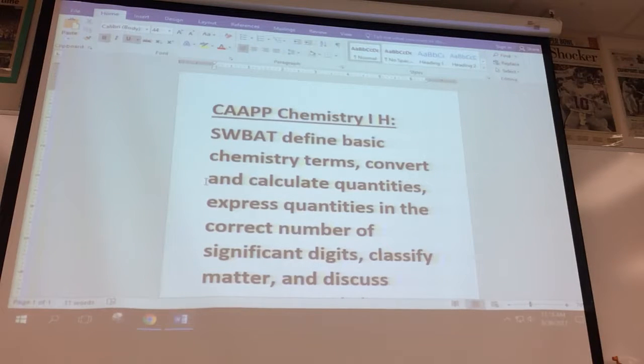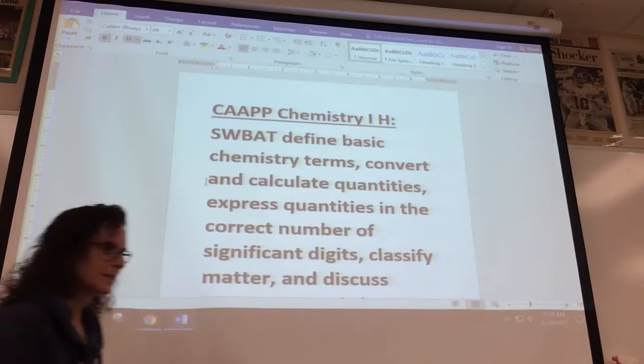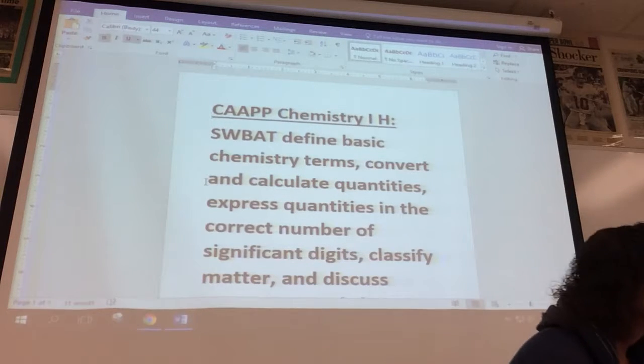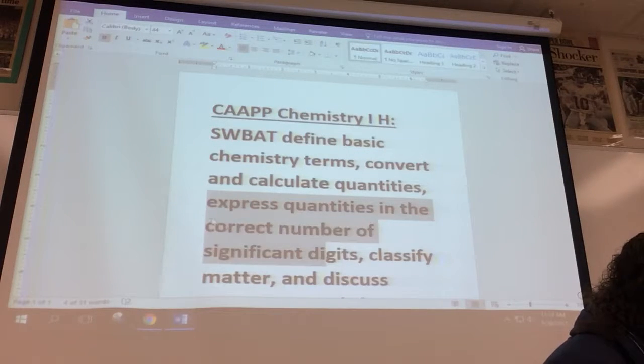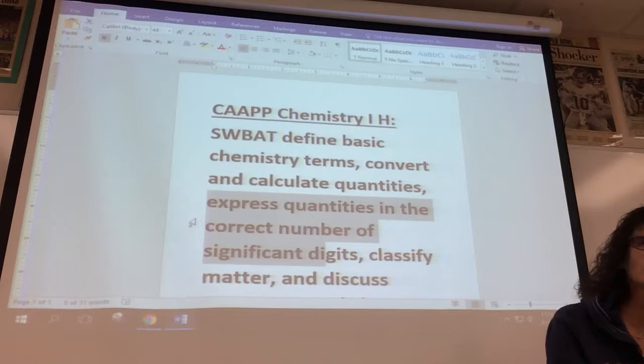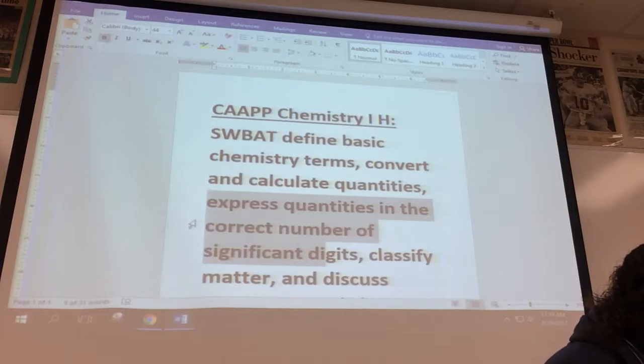This will be our last lesson in Chapter 1. At this point, you can define basic chemistry terms. You were successful with conversions in Quiz 1-1. Expressing your quantities in the correct number of sig figs from Quiz 1-2, that, for some of you, needs a little bit of work, and you'll get your quizzes back today so we